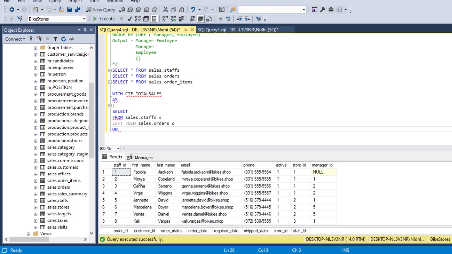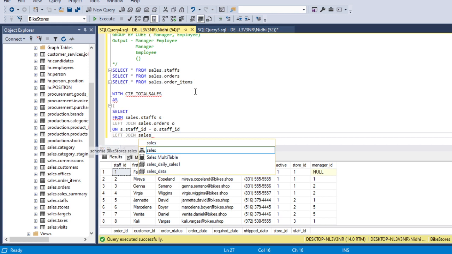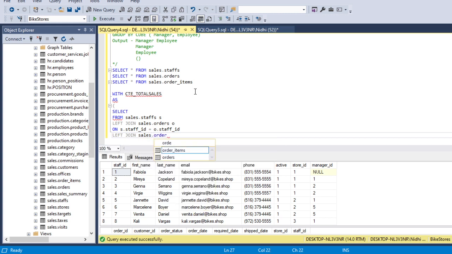So we will apply the left join on staff ID: s dot staff ID equals o dot staff ID. Now our third table is sales dot order items, so we will apply a left join and specify the table name sales dot order items i, and we will perform the join on